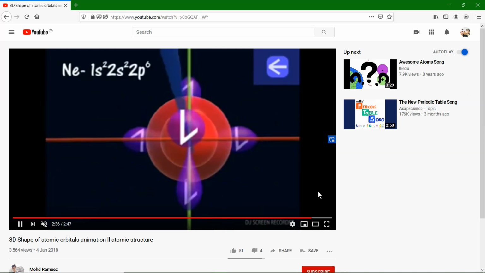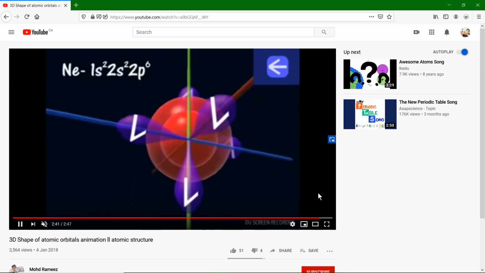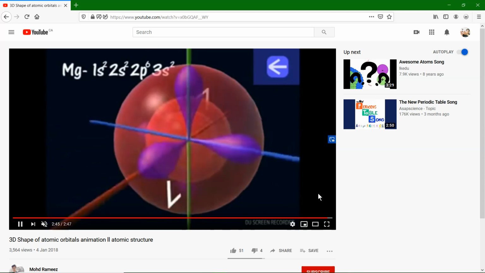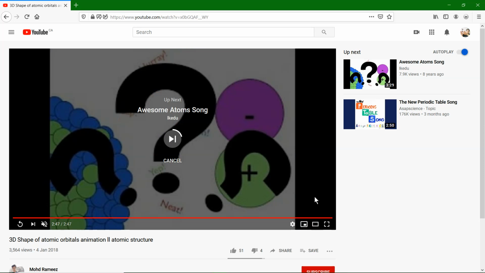Neon, a completely filled shell. You fill up the orbitals, start with the lowest energy orbital first, which is the 1s, and take it from there. Magnesium's getting larger because now we have an electron in the 3rd, etc. Awesome atom song. Well, I don't have the sound, so I can't do that right now. Okay, so that's it for this